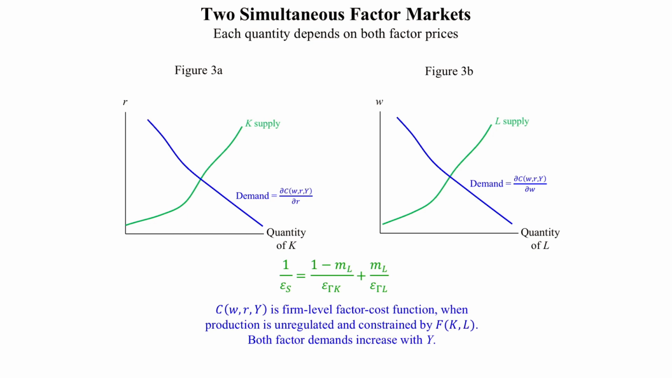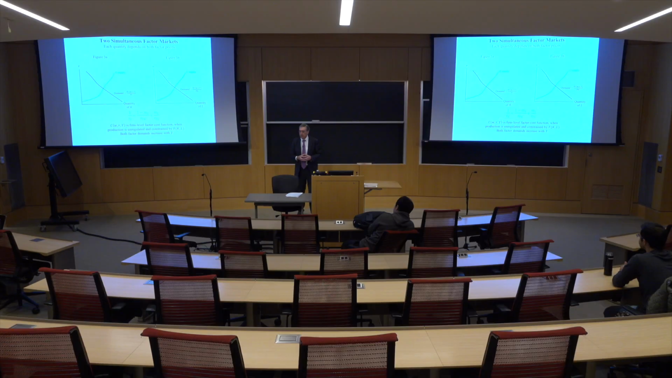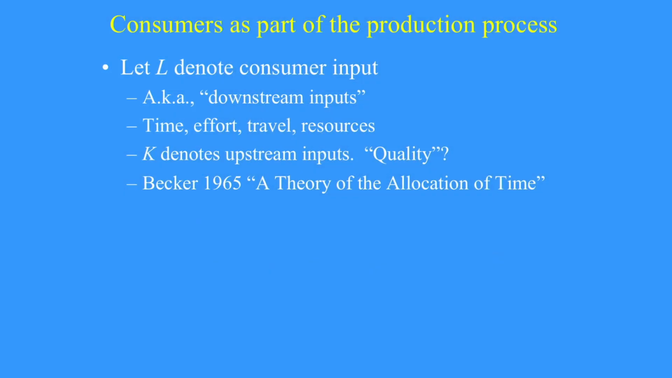And those will be different here to the extent that these supply curves are different in the two factors. We may be very L intensive when we expand output, or we may be very K intensive. At the margin, we'll tend to be more intensive on the things that are more elastically supplied, because their prices aren't getting driven up as much. Okay, so